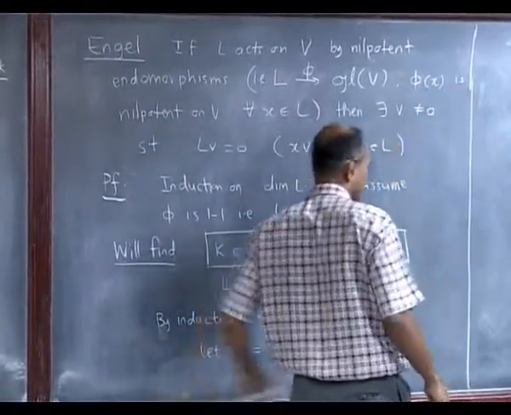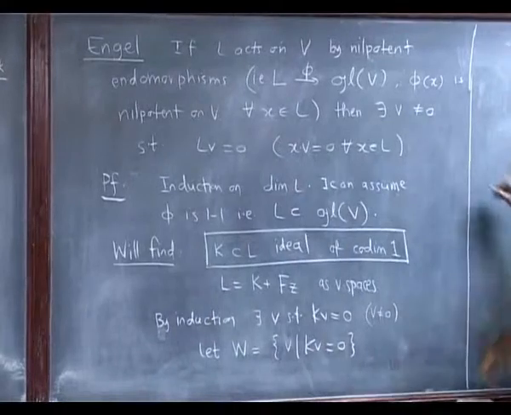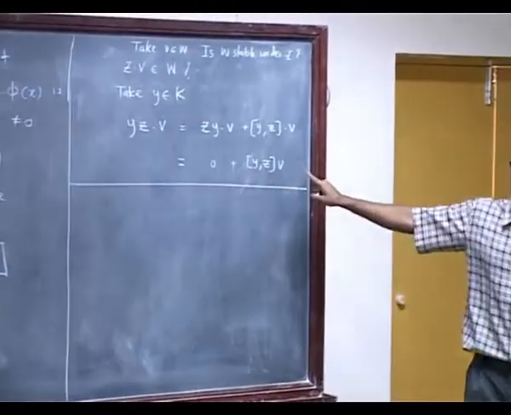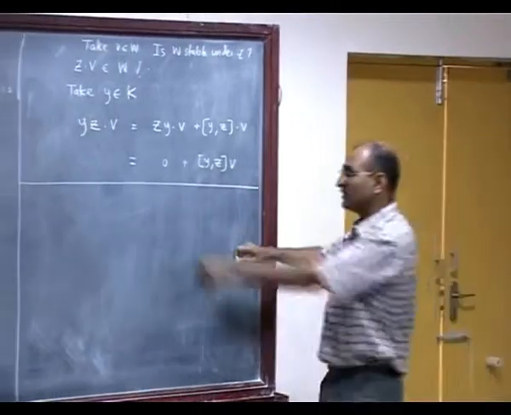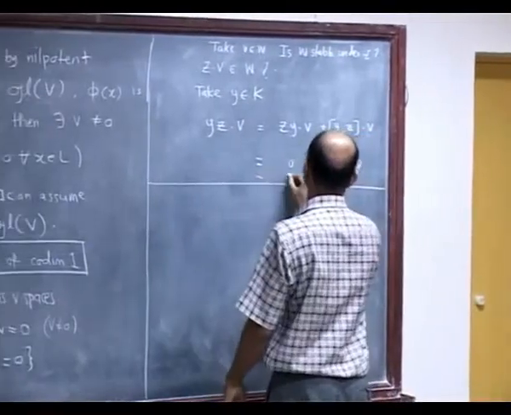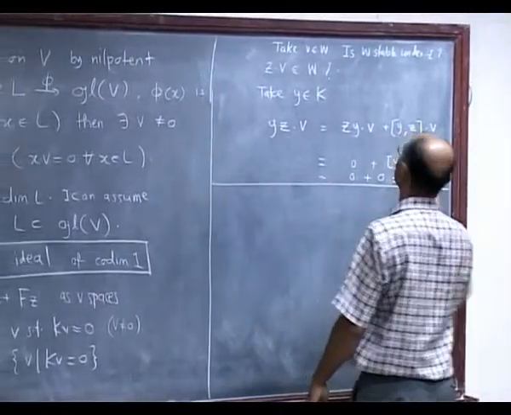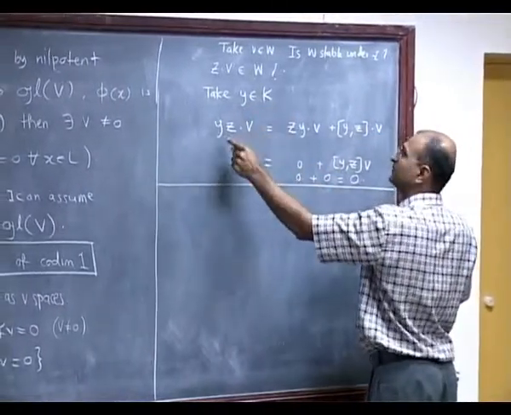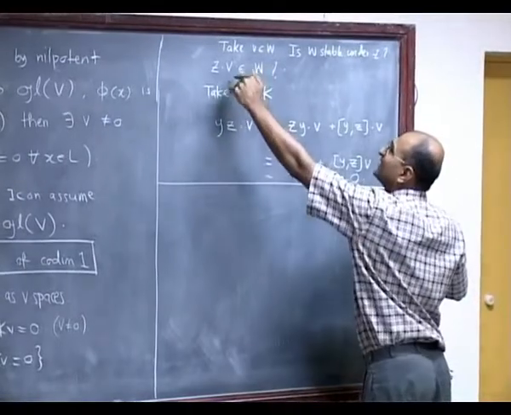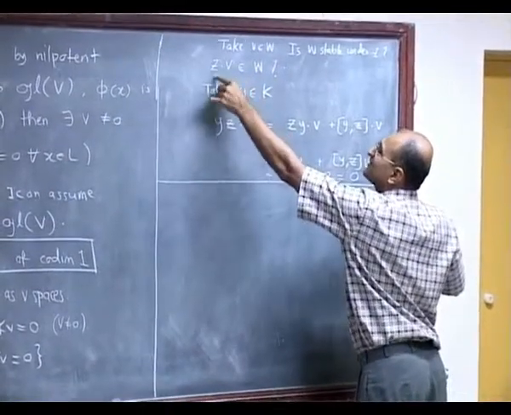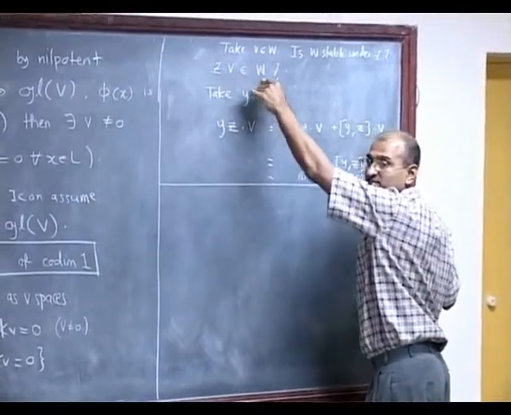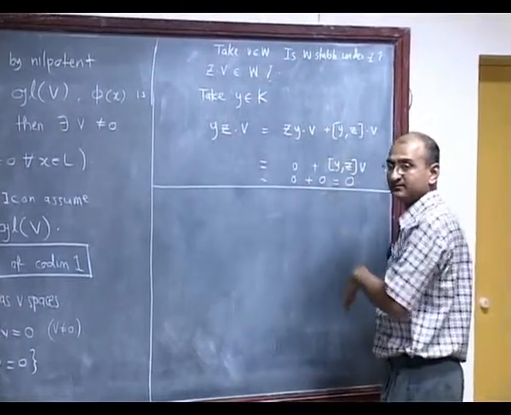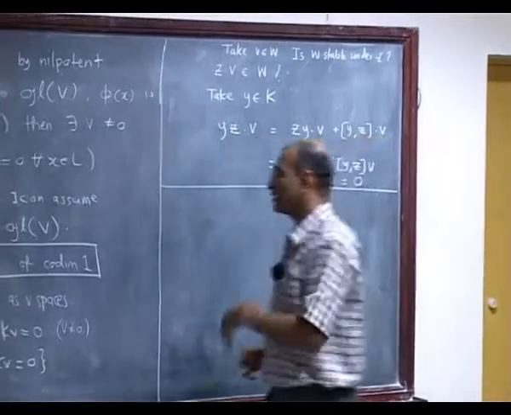So this was the nice and easy part, but the real thing is how to do that. Because once I do that, then it is done. You see, the proof is finished then. Because if that is the case, then this is 0 plus 0, which is 0, which shows that if I take v in w, then z times v is also in w, and so then you can take an eigenvector of z on that. Okay. So how do I do this?